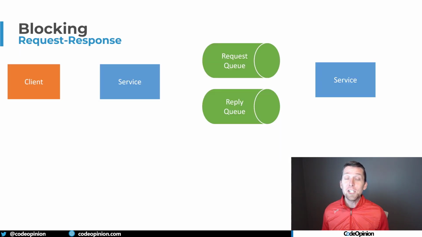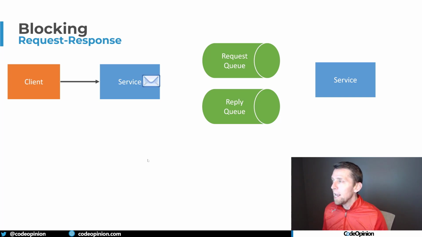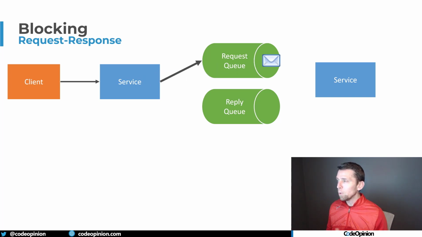Now I'm going to throw a wrench in the mix and talk about blocking request-response, request-reply, but using messaging in a queue. I think this actually has one good use case that I'll get to at the end. But first, let me explain how this works. Our client makes a request to our service, and from there, our service maybe creates a message and puts that onto the queue. But it's not like before where we're immediately going to return back to our client. We're still blocking at this point, but we're now doing work completely separate, say via another service.